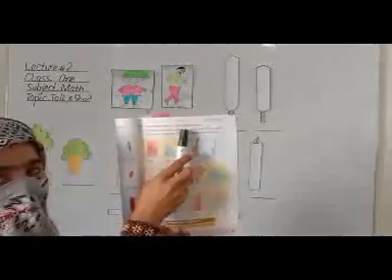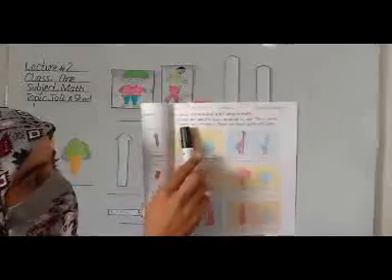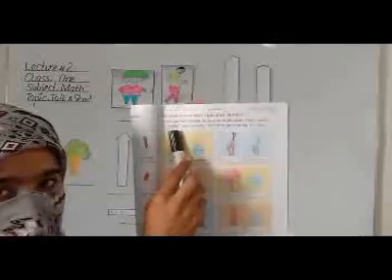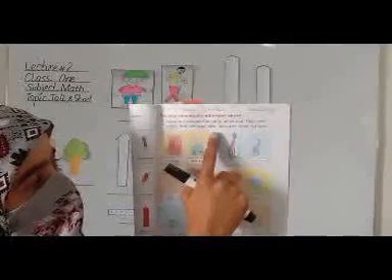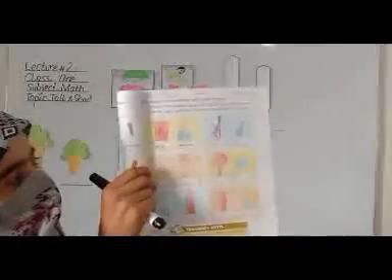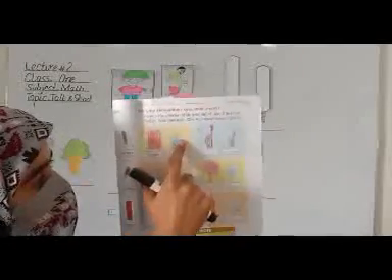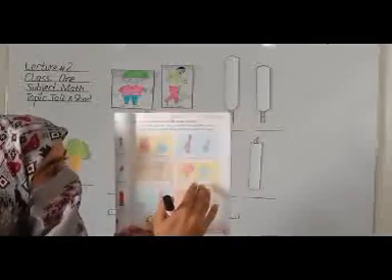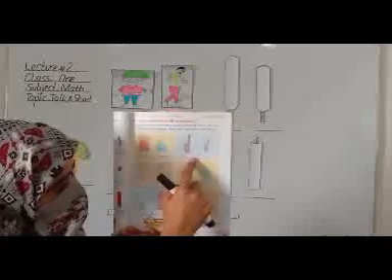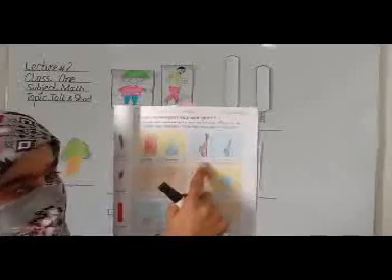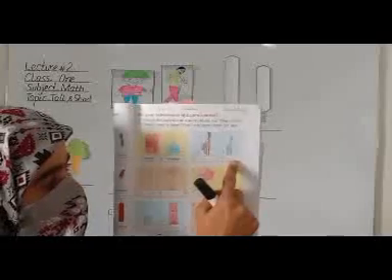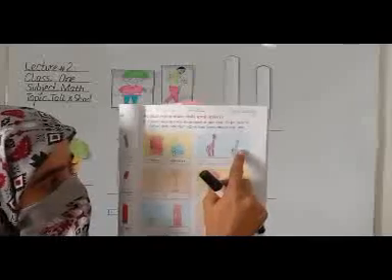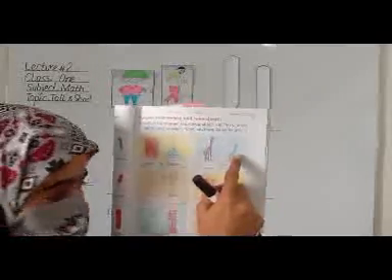Do you remember tall and short? Color the shorter blue and the taller red. Then write the taller and shorter one. It has been done for you. Taller, this one shorter. They have shown the pair of giraffes. This one is taller and this one is shorter. We have done the color, taller red and shorter blue.